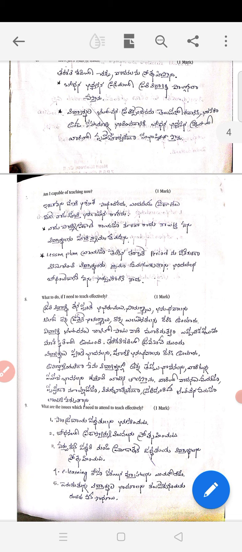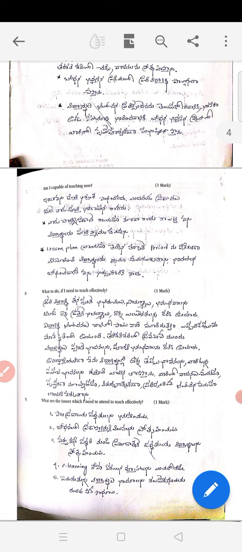After observation of the classes of that school teacher, you mention whether you are capable or not. If you are capable, yes, then why? If you are not, no, then why? You are going to mention yes, and also what the compulsory reasons are. For no also, what the compulsory reasons are.